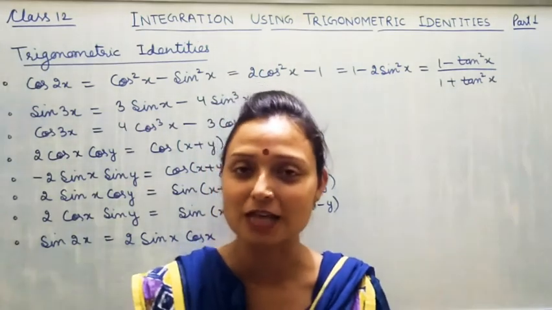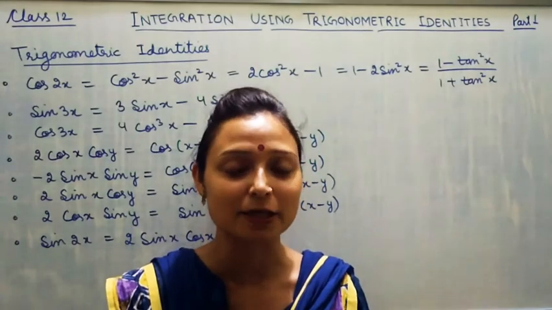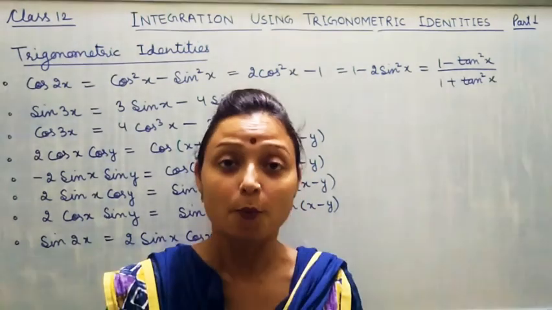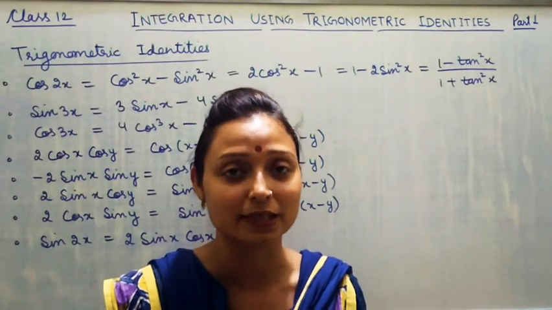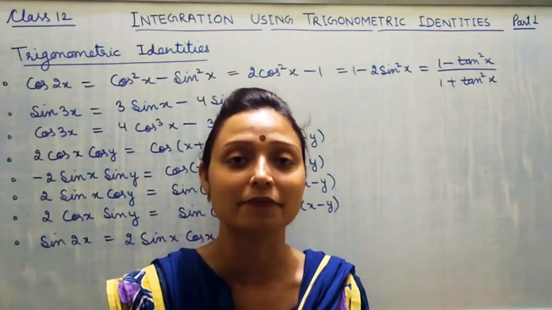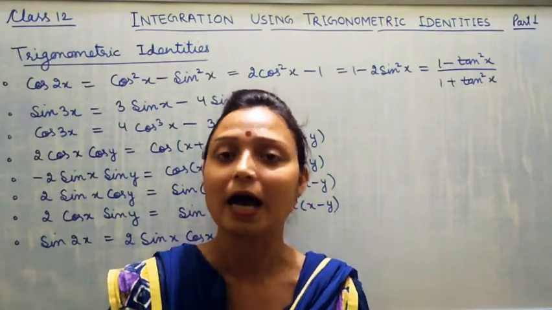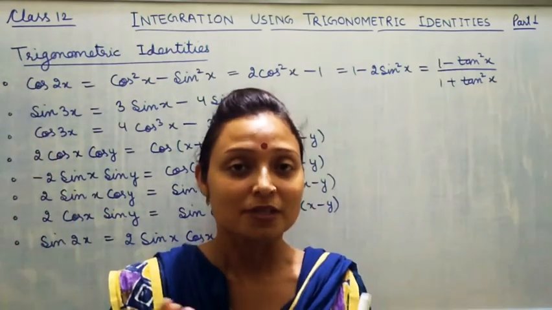In the lecture of class 12, today I will do the questions of integration by using trigonometric identities. What are trigonometric identities? Those identities we have done in class 11th in the chapter of trigonometric functions. There are 27 identities in that chapter. I have written down only a few identities which are used in exercise 7.3.